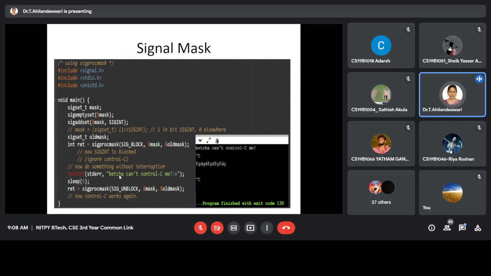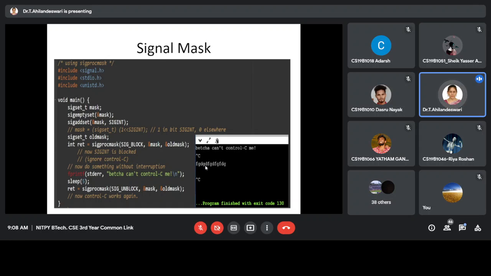Okay. So when I am executing this program, see the output, it is SIG5. So after displaying the statement, I am pressing Ctrl C. This signal actually has to terminate the process, whereas Ctrl C is not accepted by this program. Okay, so Control C is not accepted by this program because we have blocked that signal. So SIGINT is nothing but Control C. It is blocked by this program. So this program is not terminated by Control C.